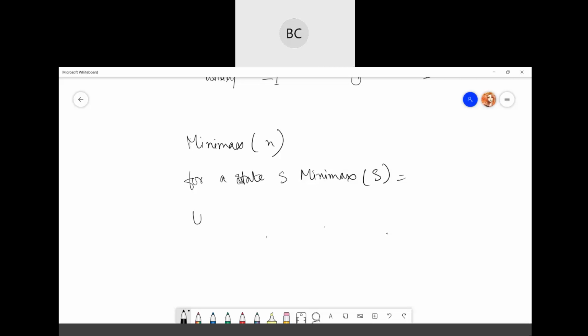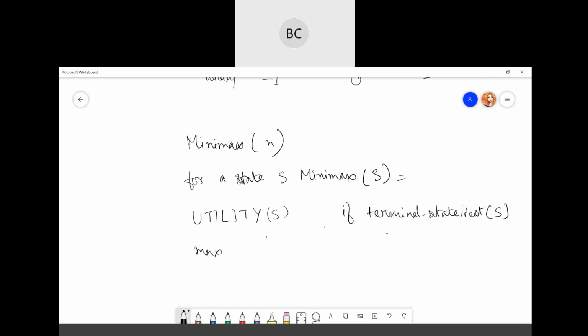So first is the utility, if it is a terminal state. If it is a terminal state, we have utility values. Terminal test of S: you will check whether that particular state is a terminal state or not. To decide that, you do the terminal test.